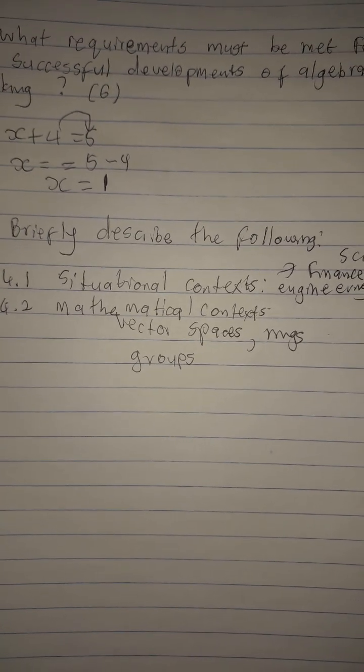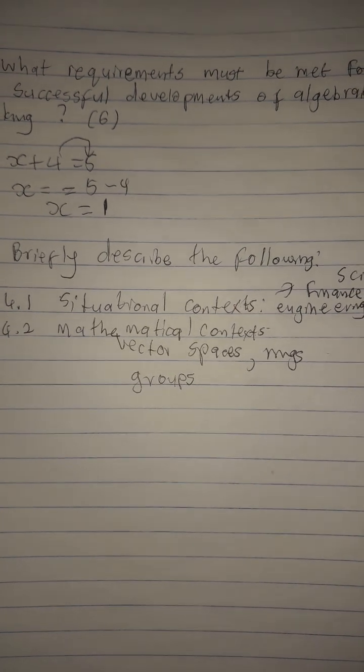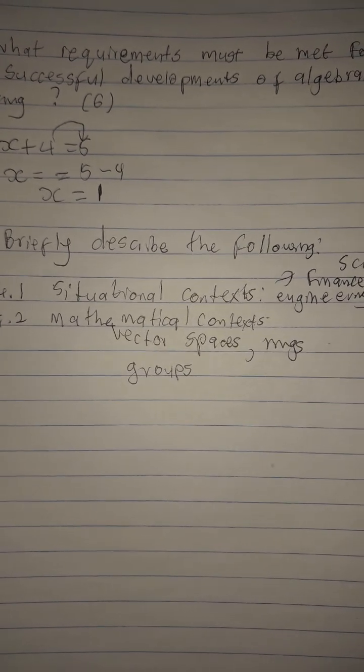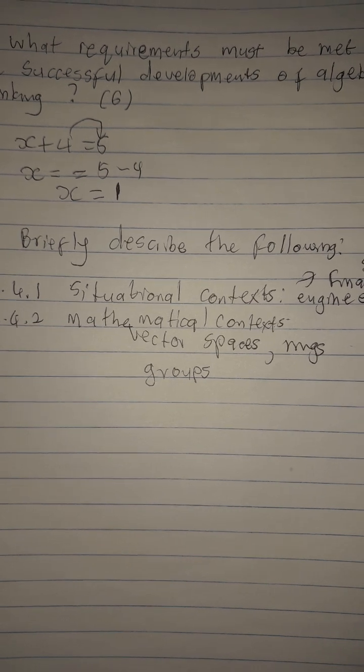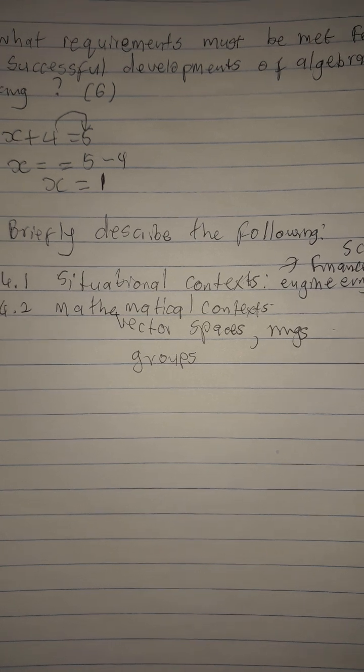I hope, guys, I've shed some light on how to answer question 1, which required 30 marks. All of it was 30 marks here. Under 1.4, we were supposed to describe the following situational context, in which I said